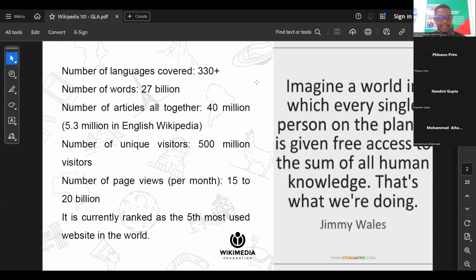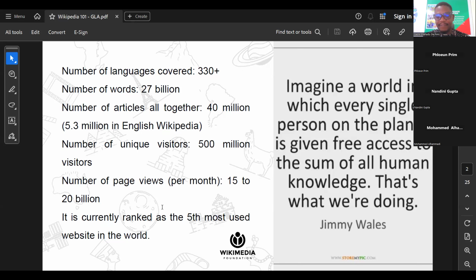The number of unique visitors monthly on Wikipedia is around 500 million, and the number of page views per month is 15 to 20 billion. So this shows that Wikipedia is a great open resource that a lot of people use globally. And currently it is ranked among the 5 most visited websites in the world.